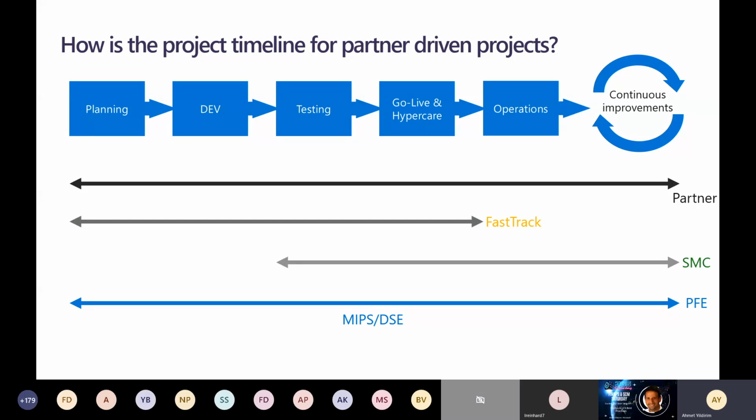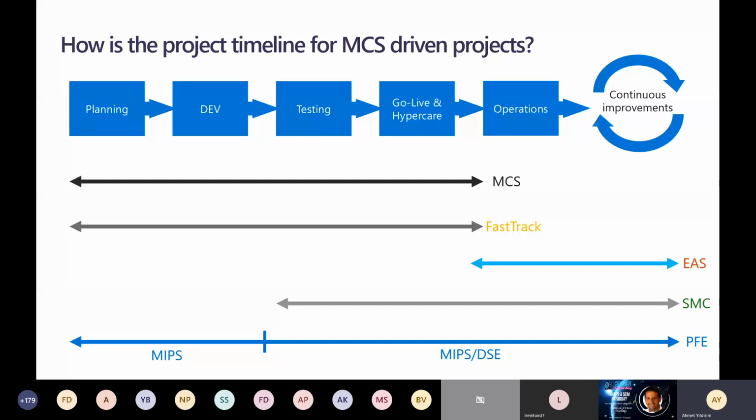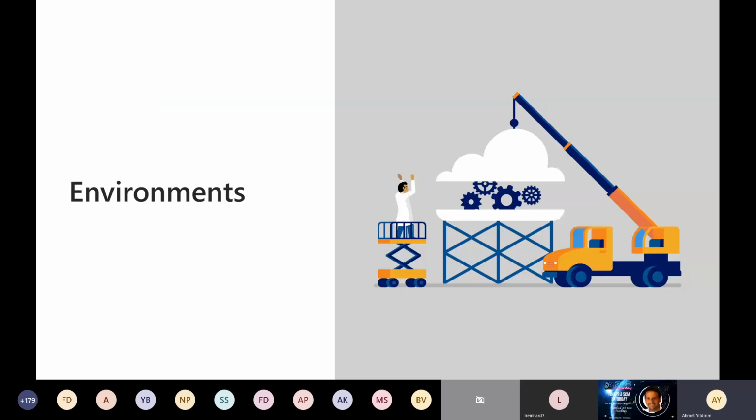And what about MCS-driven projects? In the MCS-driven projects, the MCS and the fast track teams are disengaging after going live, and there could be EAS, Enhanced Application Support, or the PFE team who will be there to take over and continue to support customers for their cases. So I tried to explain the parties, the actors, which you can meet, which you can face in the implementation projects. So now I'm passing to the environments, which are so important for the project, especially if